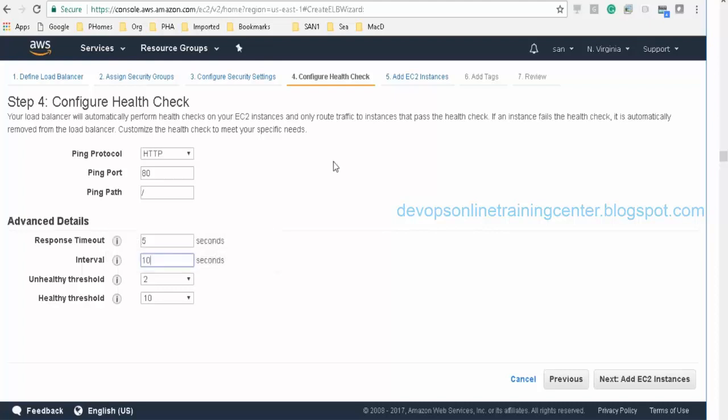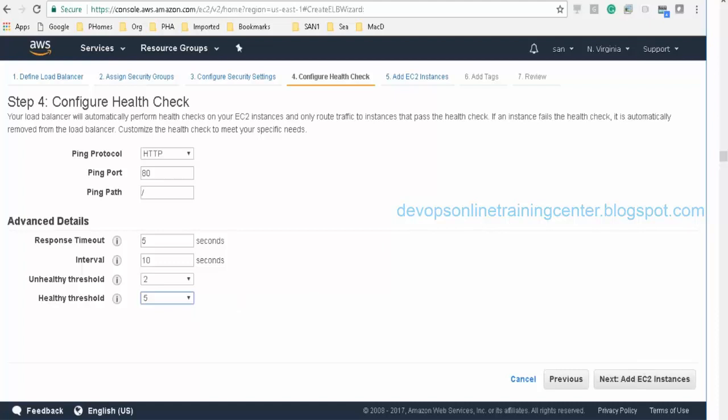So the load balancer will balance the load across the instances, and it also does the health check. If any instance is not responding to the health check, meaning the application is not working, it will not route the traffic to that particular instance. It will route the traffic to the healthy instance. The healthy threshold is the number of consecutive checks the load balancer does before it declares that instance as healthy. So let us take this as 5. So these are basically 2 iterations, 5 iterations before declaring an instance as up or down, healthy or unhealthy.